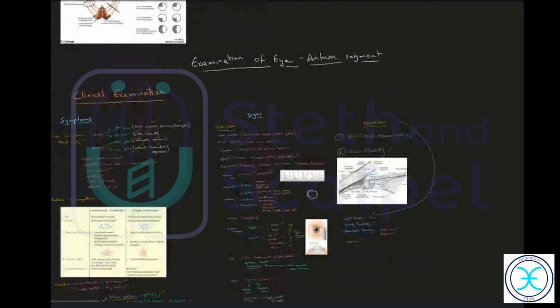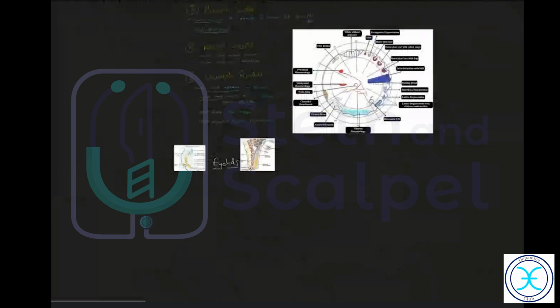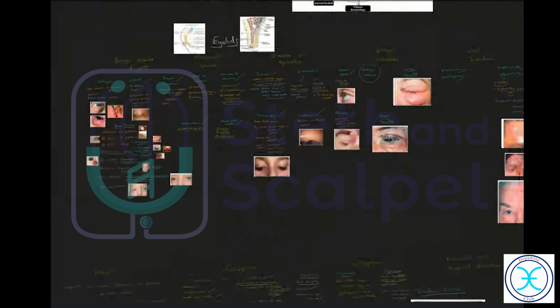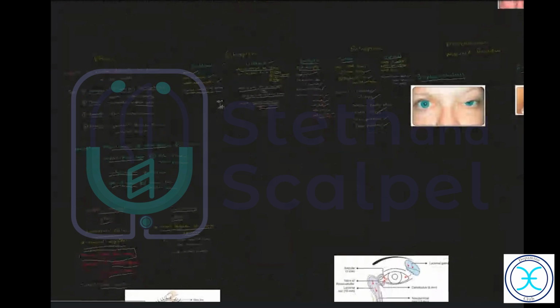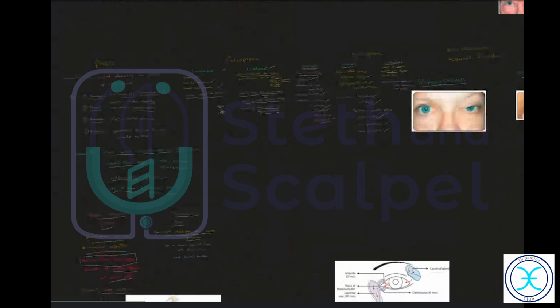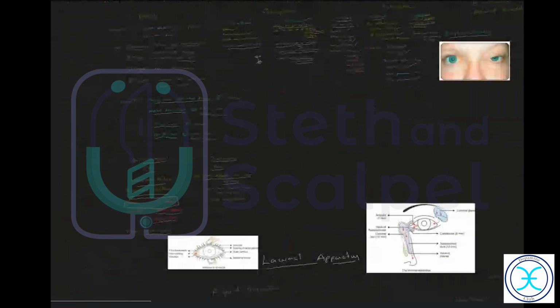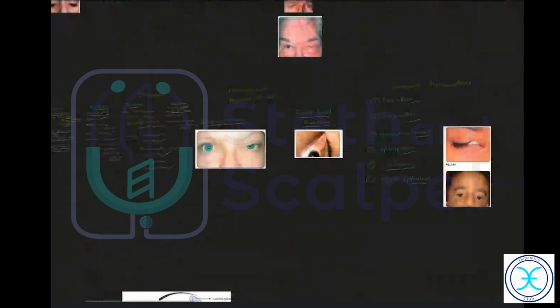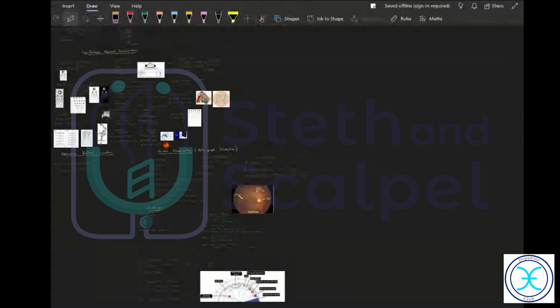Argyrosis. Never heard of it, guys. What is it? It's accumulation of silver in the eye, silver particles, due to like silver nitrate. Due to exposure to silver, like in mining places, silver will get in. Like a foreign body. Yeah, exactly. Okay. So those are the degenerations and these things.